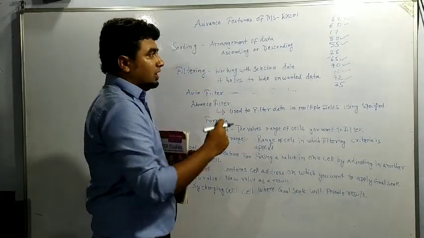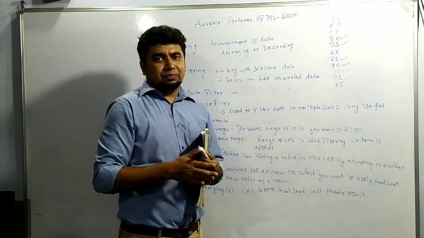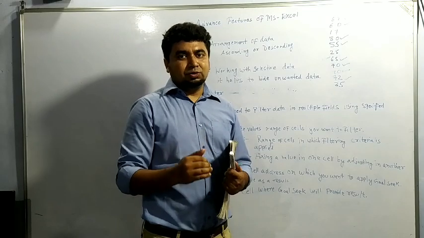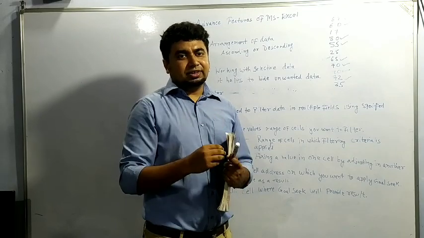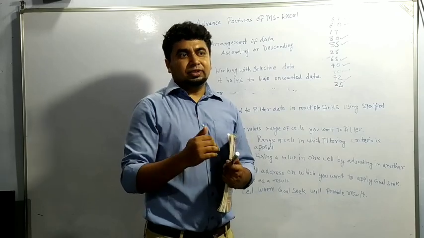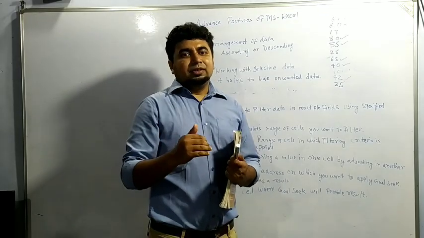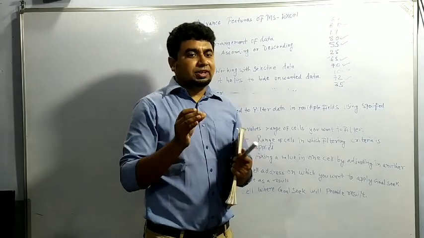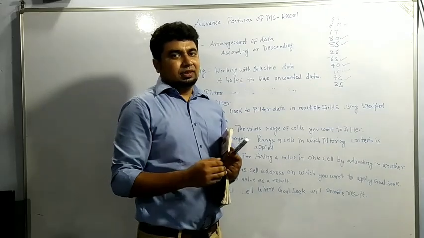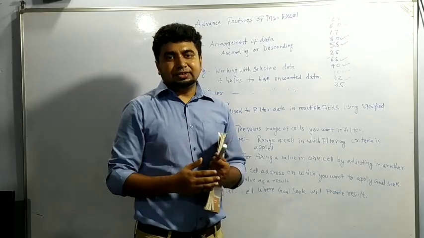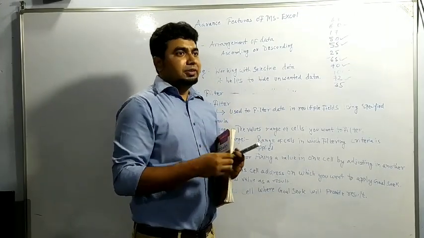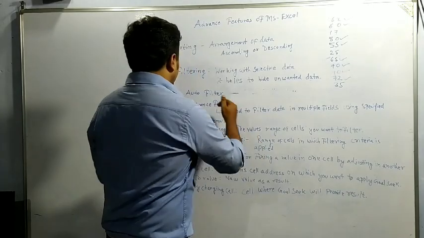That is auto filter. You have seen it in the Myntra app or Amazon app. We are just clicking on the check button. For brand, if you want to select Adidas, you check that button only, and only Adidas items are displayed. Or if you click on the price between 1000 to 5000, only data in that range is displayed. That is known as auto filter. You are selecting the data; otherwise, all the things are displayed. Means we are checking, selecting or ticking the wanted thing. That is known as auto filter.